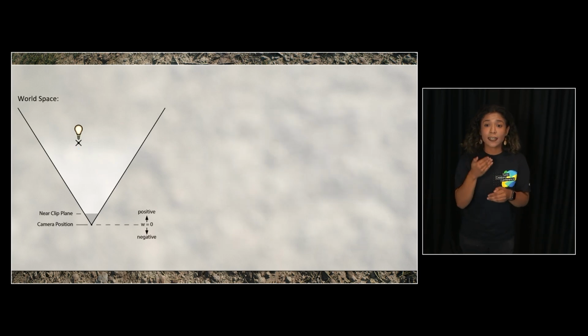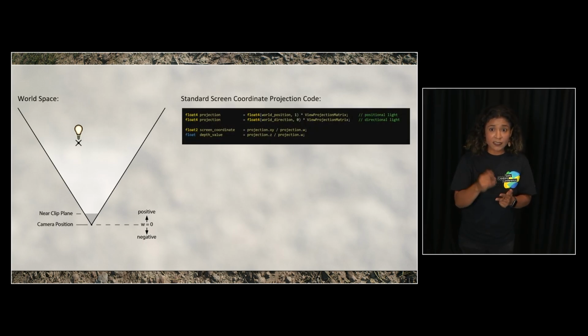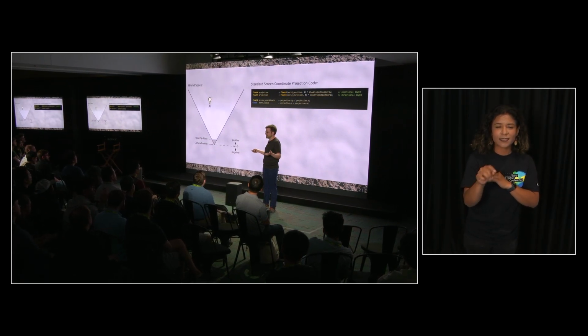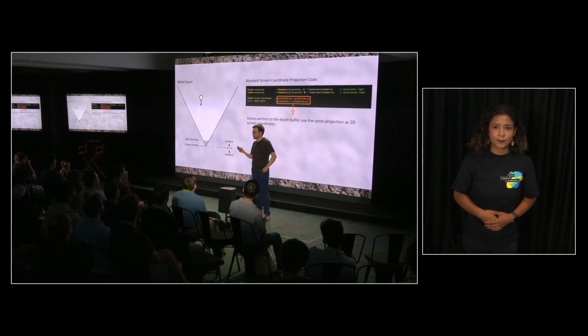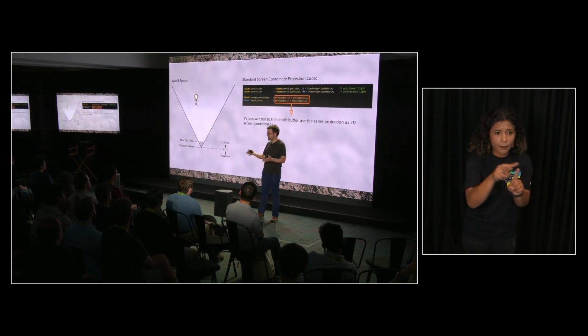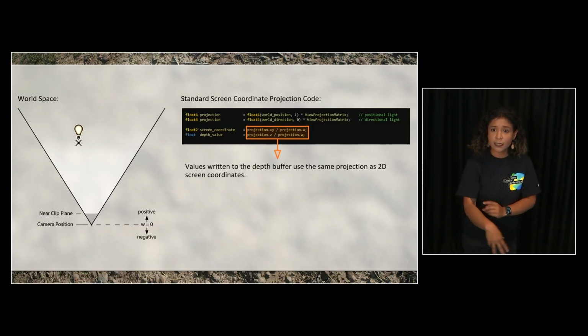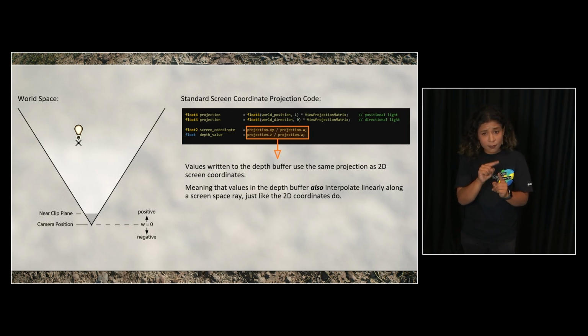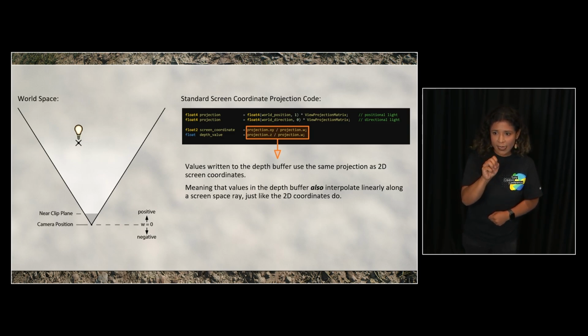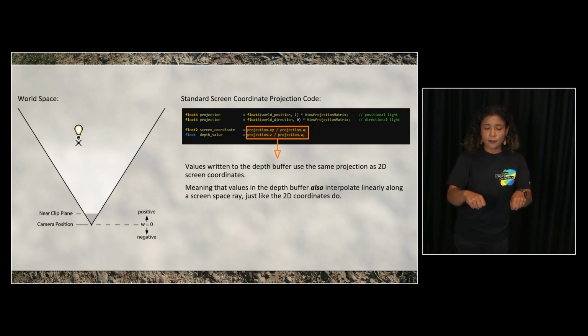The next observation is if we look at the actual projection code, which we're all hopefully familiar with. And this is a bit harder to visually demonstrate, so I'm just going to point it out. But if we look, the values in the depth buffer are also applying the exact same projection, the divide by W, W being approximately the distance from the camera plane. The side effect of this, and the observation number 2, is that means we can also linearly interpolate values in the depth buffer. And there's obviously very good reasons for this. If anyone remembers the W buffer, there's very good reasons for this.